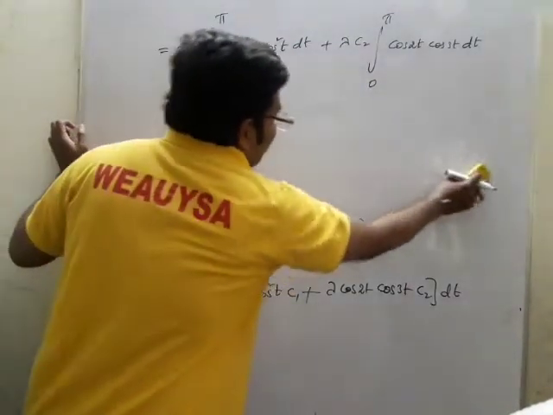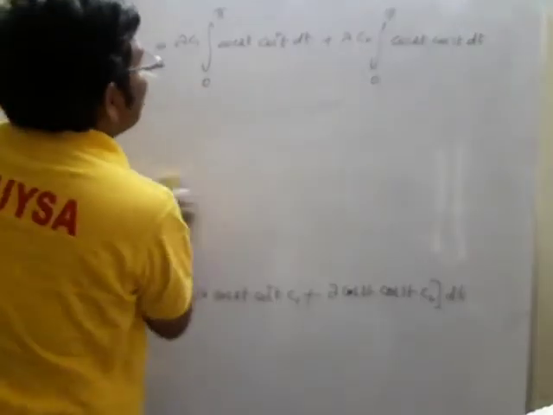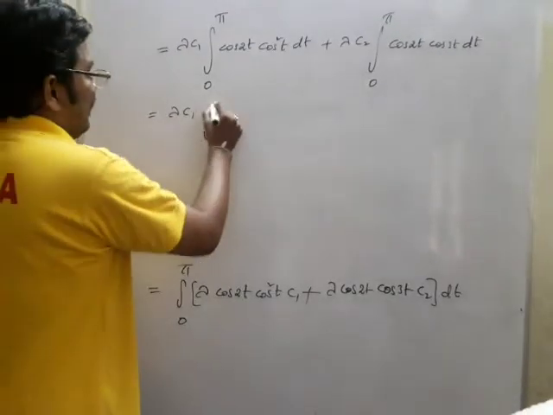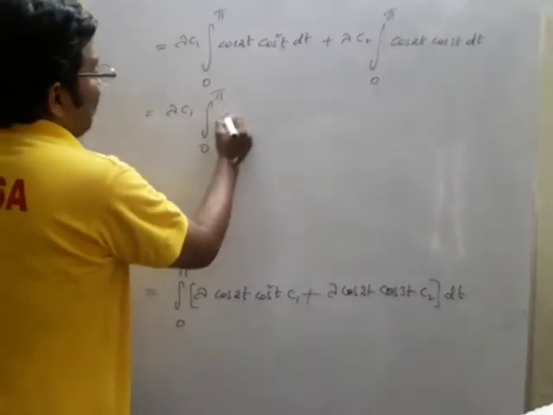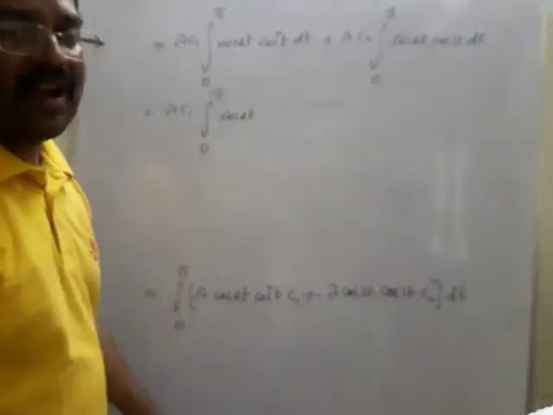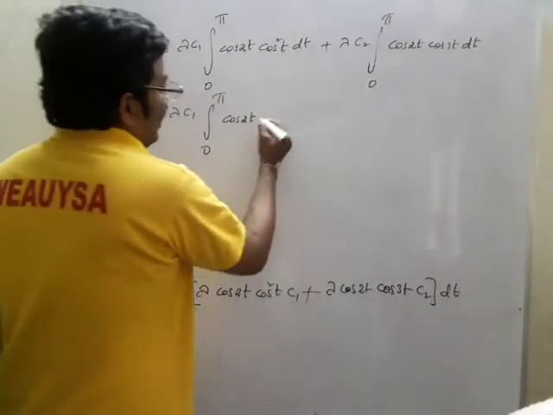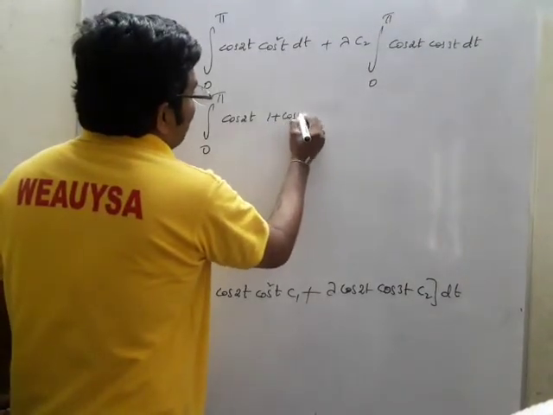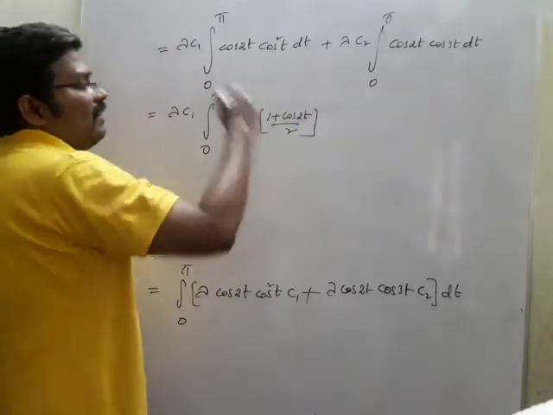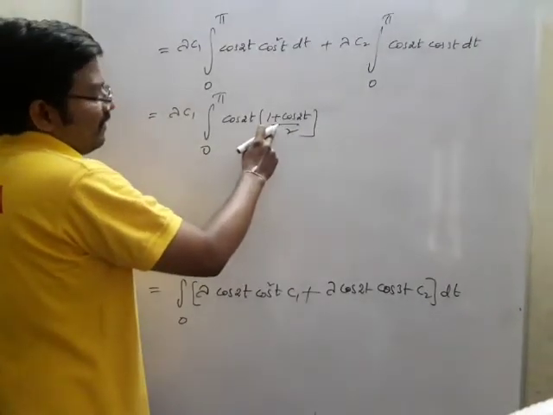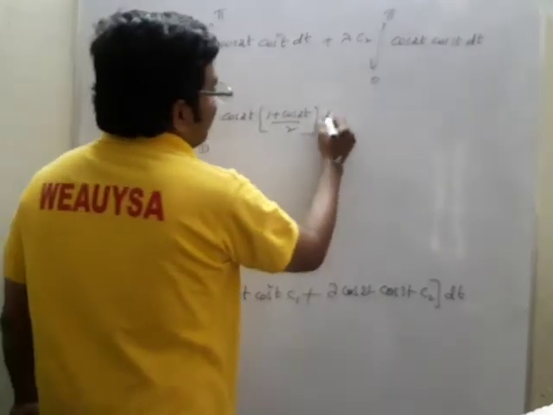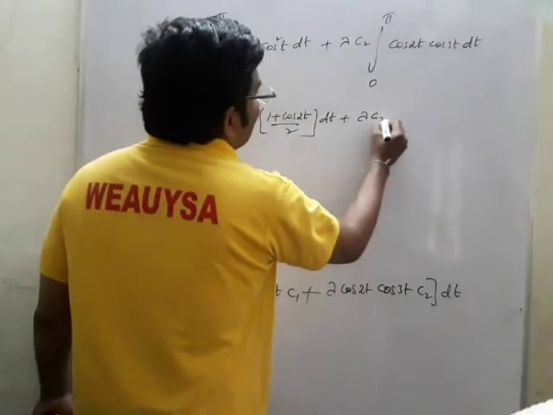Okay, now we'll try to solve this. So what you are going to have here is lambda C1 integral 0 to pi cos 2t times cos square t, which is (1 plus cos 2t) by 2. This is the formula from trigonometry: cos square t is (1 plus cos 2t) by 2, dt, plus lambda C2